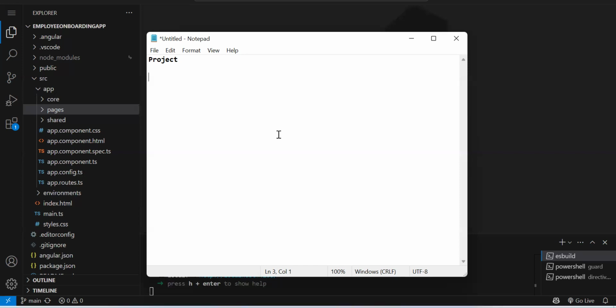No. Let's say you are working on a company application. Department designation is not going to change every day. Once it is created, hardly one or two departments or designations might be changed, right? So this data is not going to change. But still, on visiting every page, we are going to make the API call and get the same data again and again. So is it good or can we do something about it?